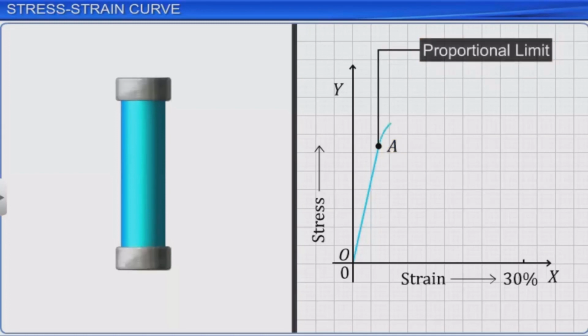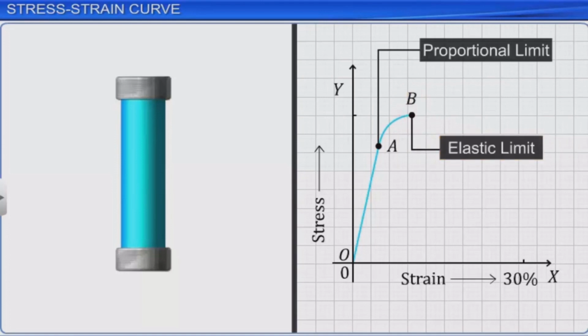As the strain increases further, the graph no longer remains a straight line. However, in the region of the graph between points O and B, if the load is removed at any point, the body completely regains its original length. Point B on the graph is called the elastic limit. The stress corresponding to the elastic limit is the maximum stress the substance can withstand without any residual strain when